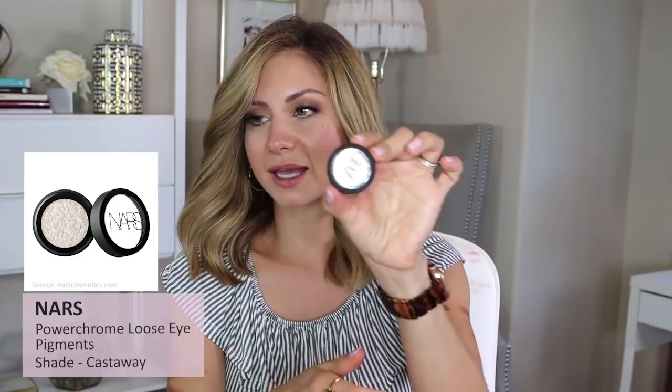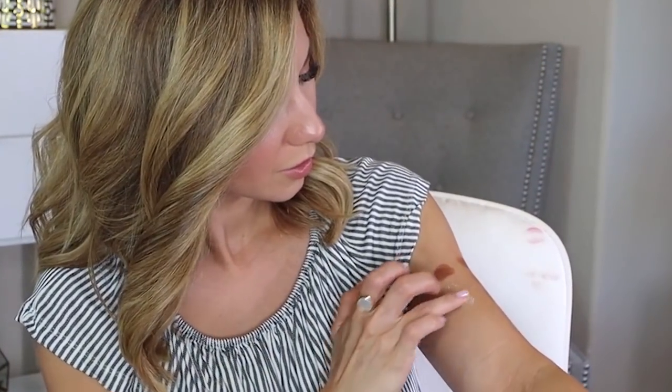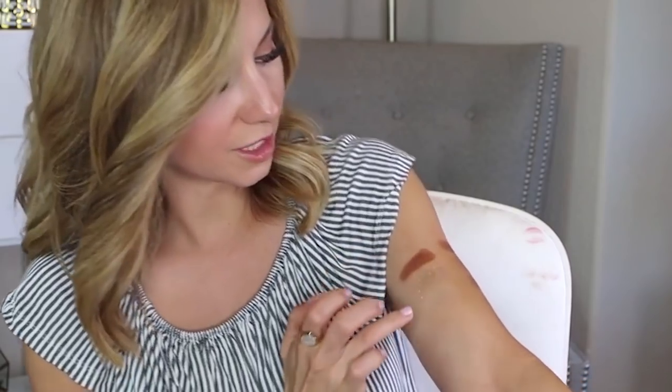Okay, the next one is the shade, oh, this glue is in the way. Castaway, and it is a pretty white color. It's a white with some gold tones to it. Okay. Ooh, yeah, when you put that one on the skin, you get a lot of gold. Do you see that? There we go. That one's really, really pretty. I like that. Okay, and then the last one is this beautiful blue in the shade